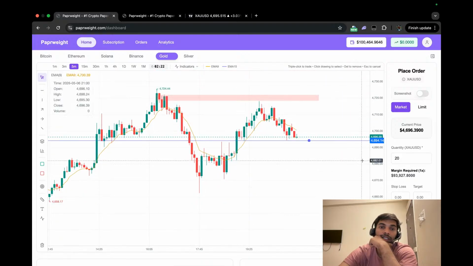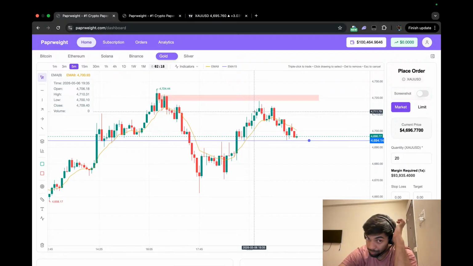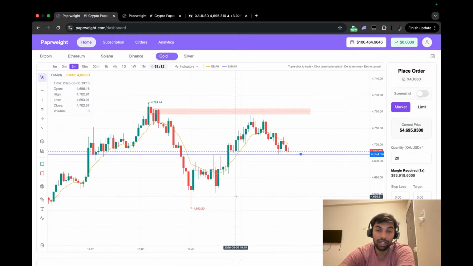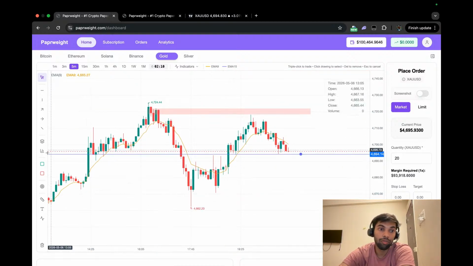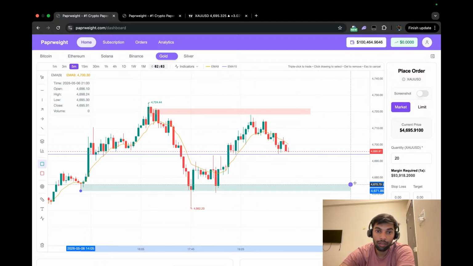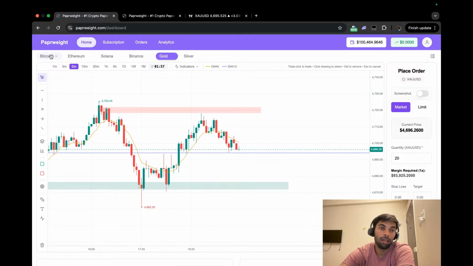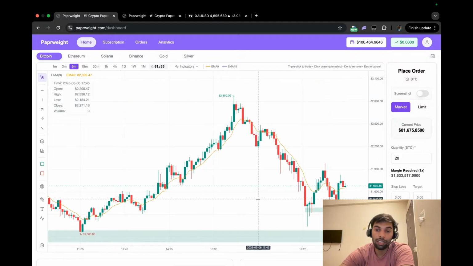Why I'm thinking that after this, although the market is making higher highs, there is a chance that the market can make another move till here, till this buying area. So I'm just thinking about this. And in Bitcoin, you can just see that